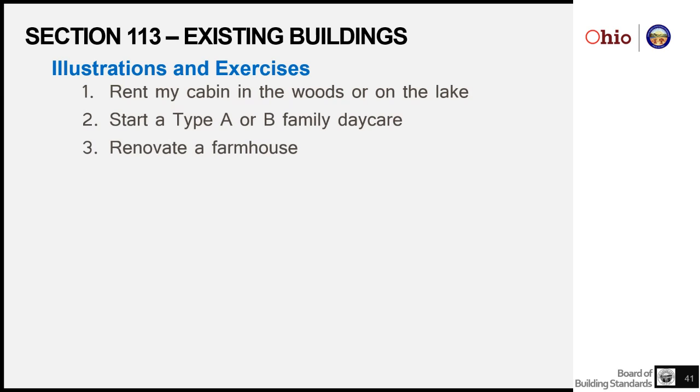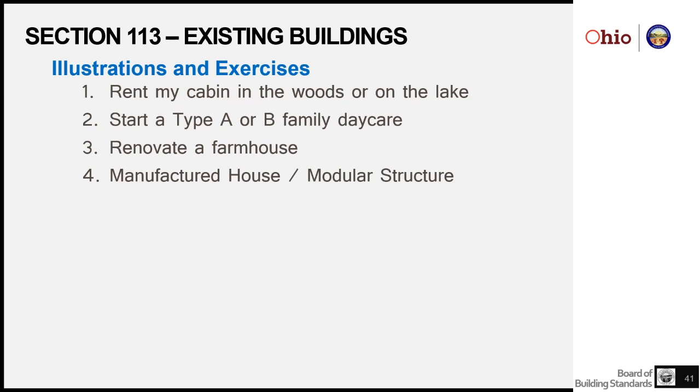So the next one is: I'm living in an old farmhouse and I want to renovate it. I'm on a farm. I'm ag exempt, right? Nope, not with the farmhouse. Any work on a farmhouse, farmhouses are not ag exempt. There's actually an AG opinion that was written on it. It's AG opinion 3440. We have it on the Board of Building Standards website as BBS number 600. I've also included it in the handouts for today. The farmhouse itself, while other buildings on the farm may be ag exempt, the farmhouse is not.